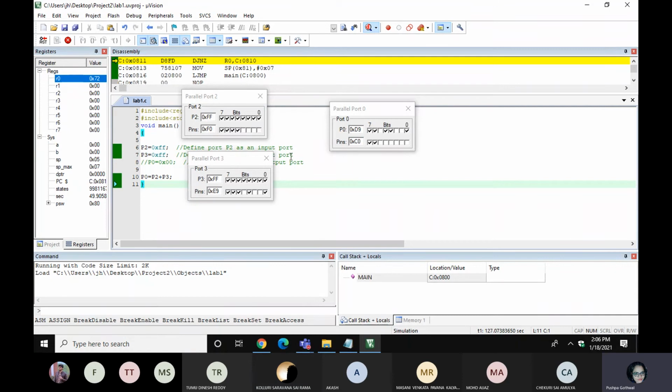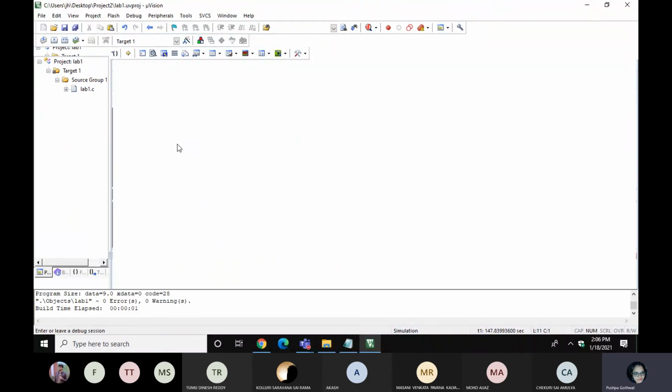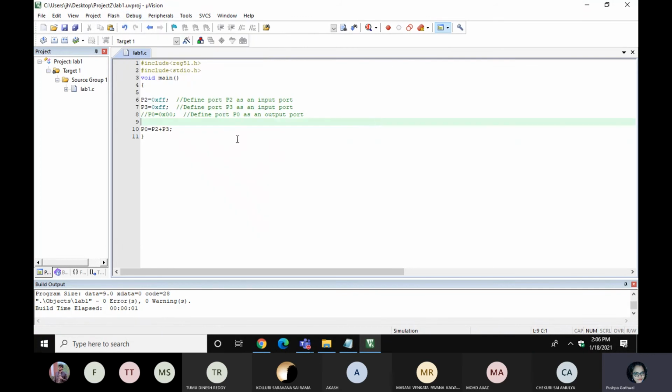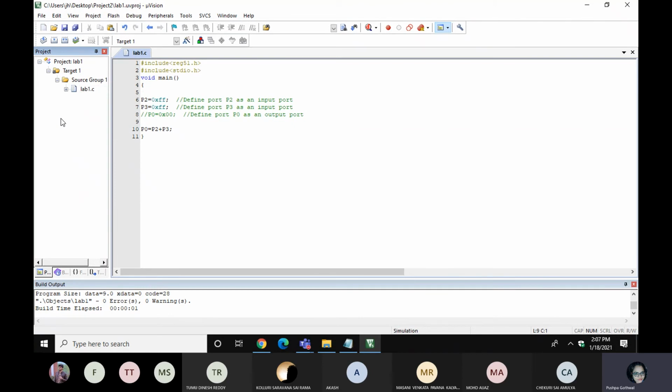Yes, ma'am. Okay. Now you have to stop debug. So just do this: Debug, stop debug, or you can do it from here also. Then you have to change the code. You can change it here, or create a new file and add it here. If you are writing a second code, you have to remove the first file. At a time in the project window, only one file can compile. During debugging mode, you cannot change the code. If you change it, the result will not be reflected. So please be careful about this.